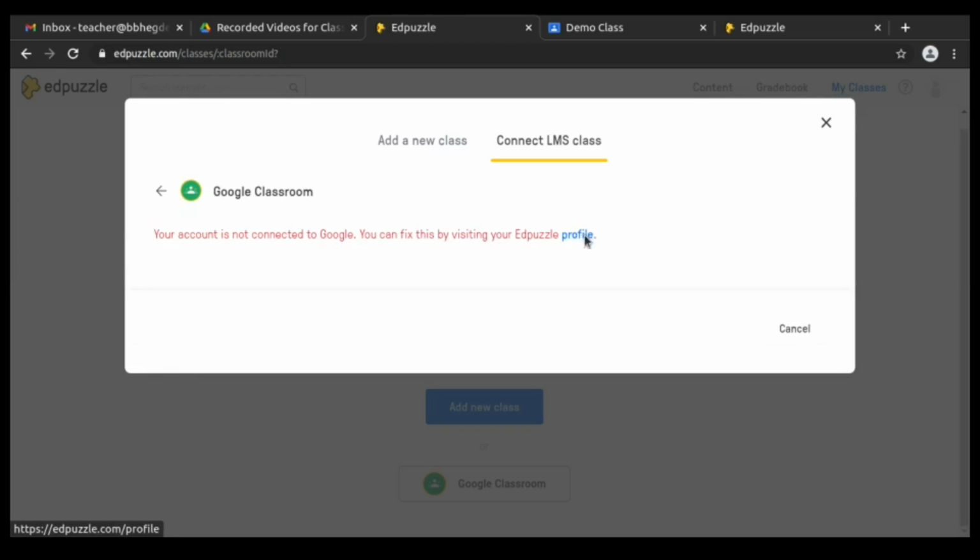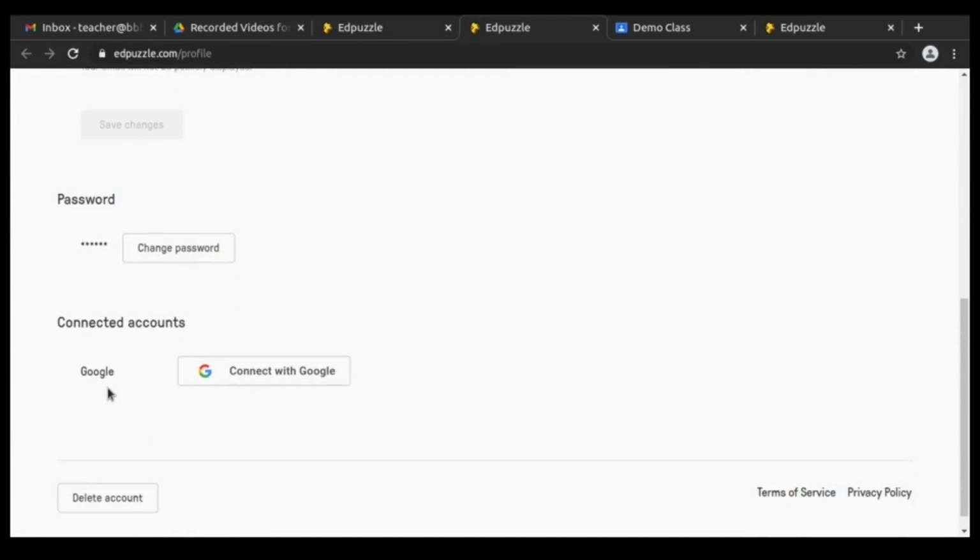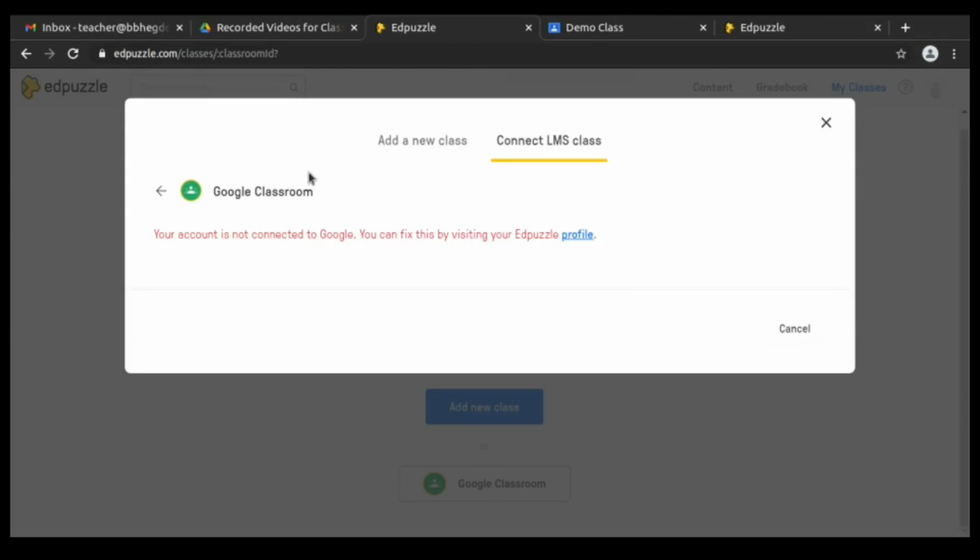The account is not connected. Let me check it back. I need to connect with Google so that it easily connects to the teacher. Note that when I select Google Classroom, I may get this error message which says your account is not connected to Google.